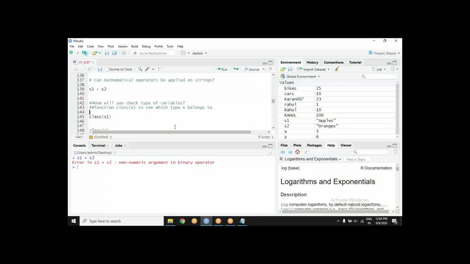The function name is class. You can again get the auto suggestion. You type class and the argument is the variable s1. I don't know whether it is a string so far. The function will tell me.